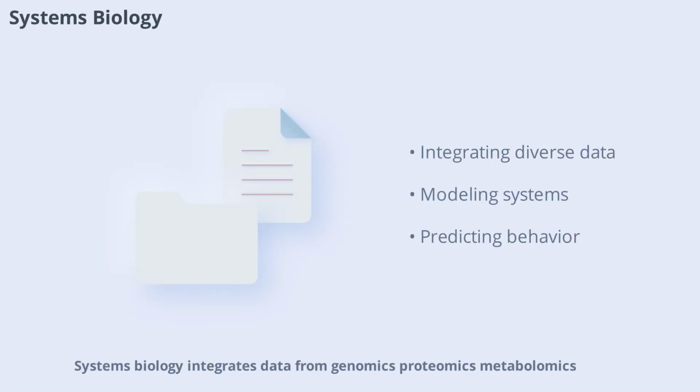Systems biology integrates data from genomics, proteomics, metabolomics, and other fields to model complex biological systems. Statistical and computational methods build predictive models of cellular processes, simulate interactions, and identify emergent properties. Systems biology provides a holistic view of life, enabling researchers to understand how genes, proteins, and metabolites work together in